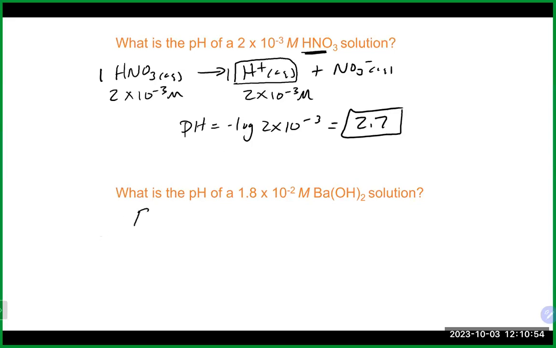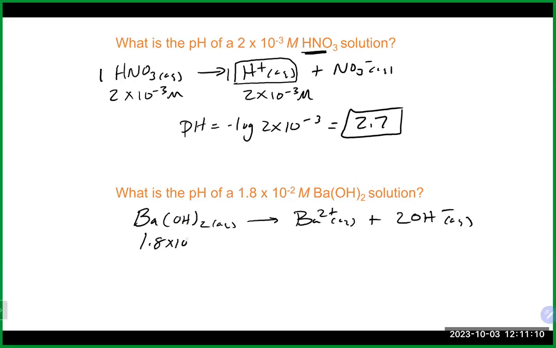And that means that here we got a little barium hydroxide that's going to break apart here into a barium ion and a couple of hydroxide ions in this case. That means here 1.8 times 10 to the minus 2 molar. In this case, it is the hydroxide that's important to allow us to get to the pH. And in this case, it is a 1 to 2 relationship. So to get the proper concentration for our hydroxide, it would be 2 times 1.8 times 10 to the minus 2. And that would give us a hydroxide concentration here